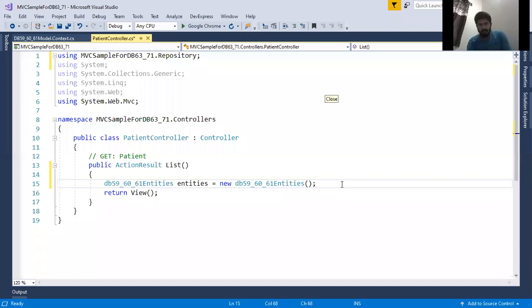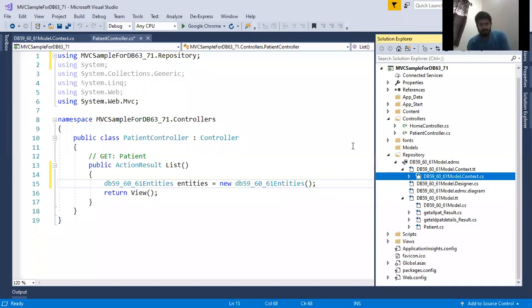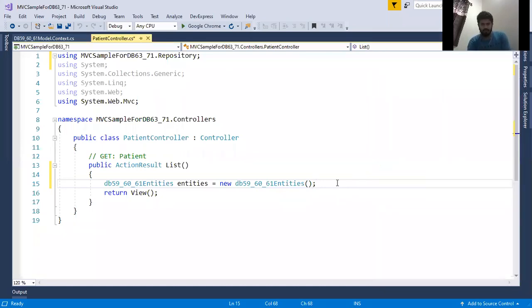Compilers. All right. So it is automatically created because of the EDMX file. I added the entity data model, correct? So I used Entity Framework to generate the models. That is the reason why it is automatically generated. This is generated by Visual Studio. You can see that in the entities, sorry, inside the repository. So I created the object for that.